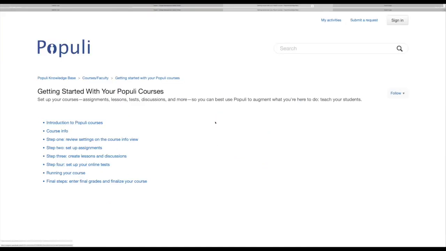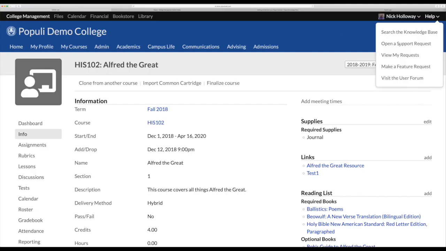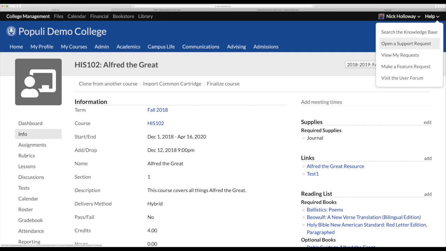step. Now, your other resource here is you can also call our support team or email them. So if you want to call the support team, you can call 877-476-7854. Again, that's 877-476-7854. And then also you can click Help and then open a support request, and you can send our support